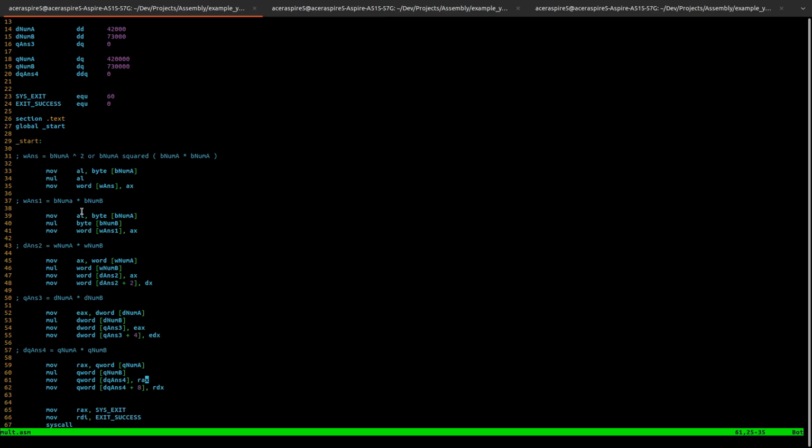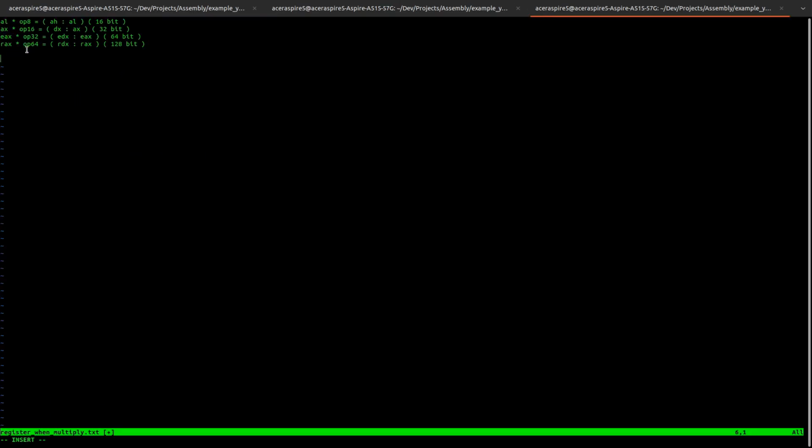So basically moving into AL register the first variable, and then in this particular case for squaring the variable, it's just using only the source by itself for multiplying, and then moving the result from the AX register. So here I made a simple list,